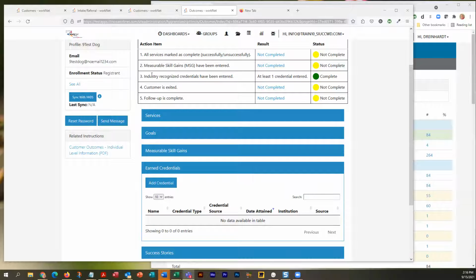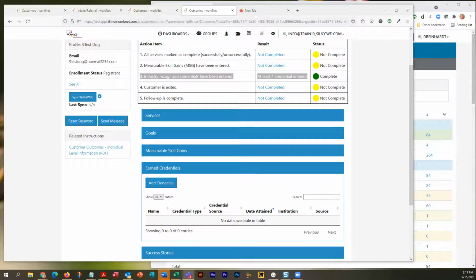Although it did connect it up here, right here. It tracked it as complete. And Dee, I don't know the system at all, but I'm just asking, is it something that possibly has to sync overnight to show up on the bottom? No. Yeah, because when I saw the action item was there, I was like, okay, that doesn't make sense then. It thinks it's there. It should do it right away.